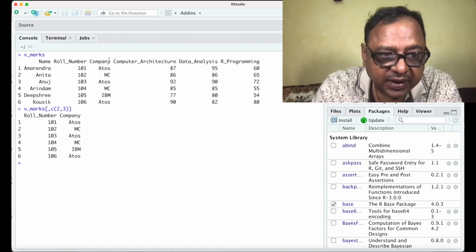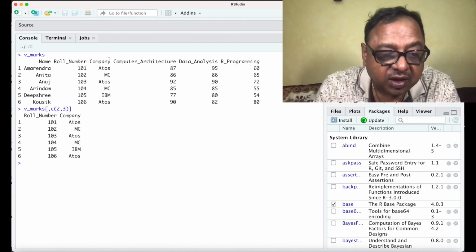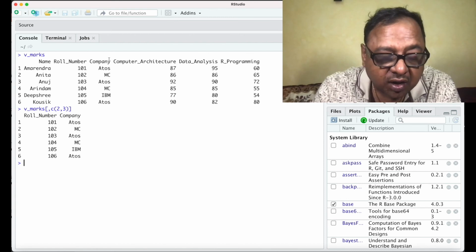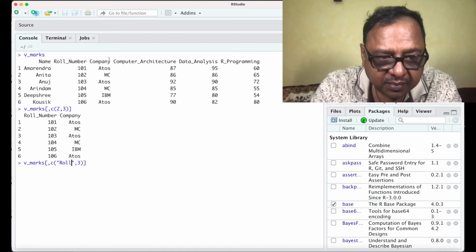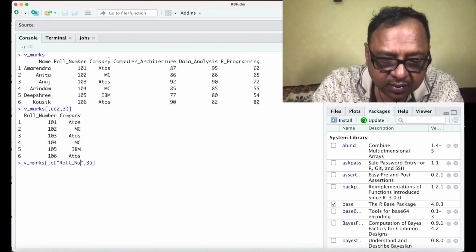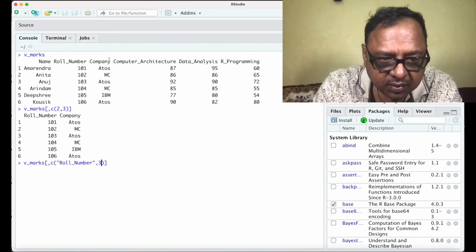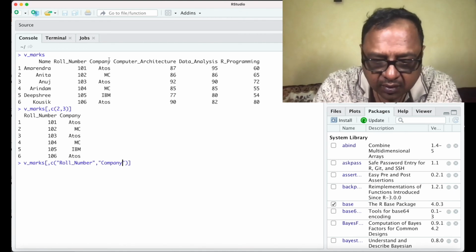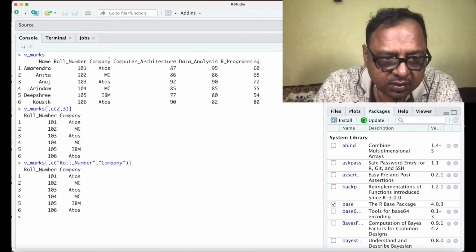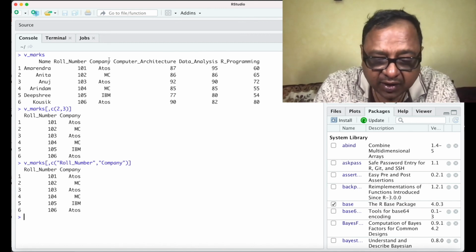So now you see it shows me all the records but only shows me the roll number and company columns. I could replace the column number with the column name. So now it shows me the same data once again.